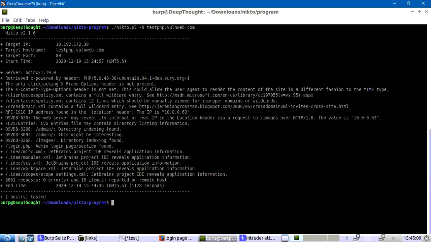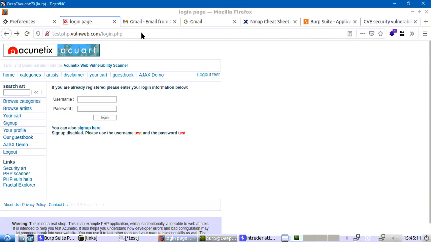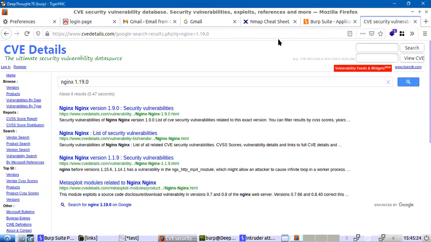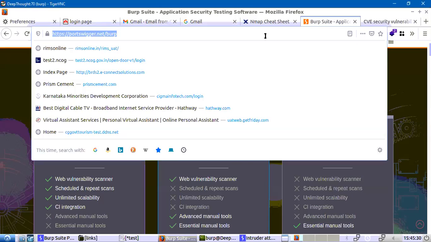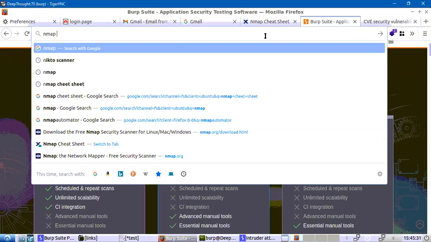Now I'm going to show you a very interesting tool by the name of Nmap Automator. This is one of a kind tool. It's a GitHub repository developed so simple that we use it for daily work. We keep it running in the background, and a simple person can understand and run this tool. So if I type Nmap Automator,